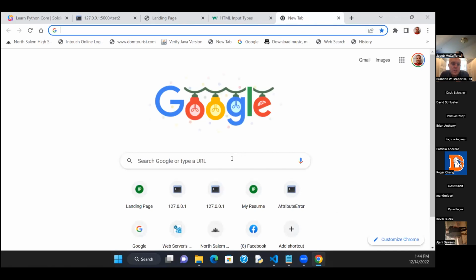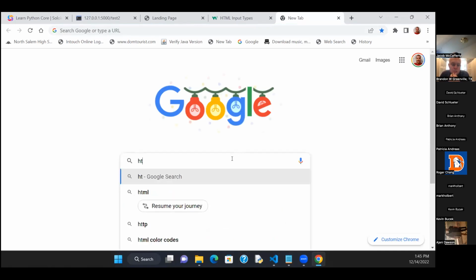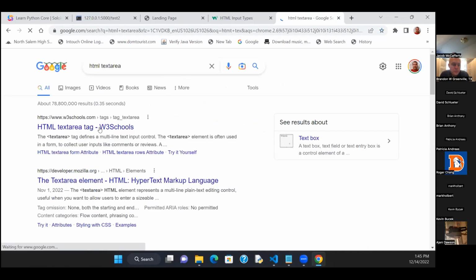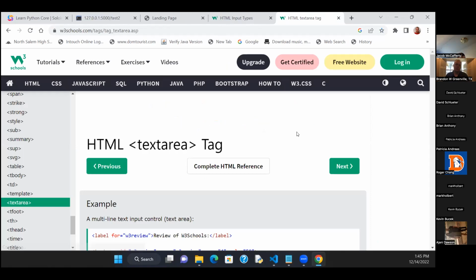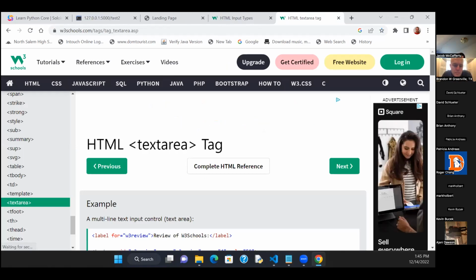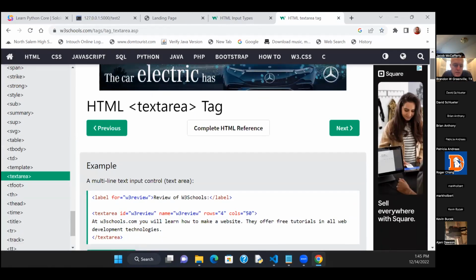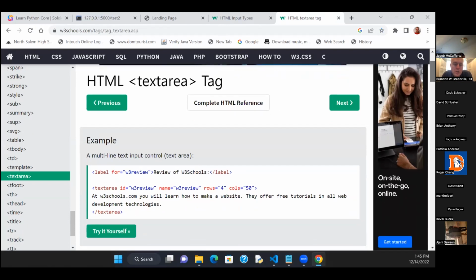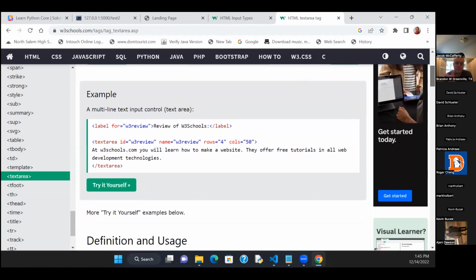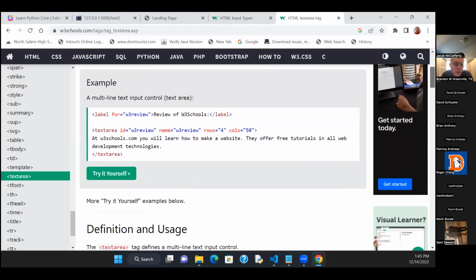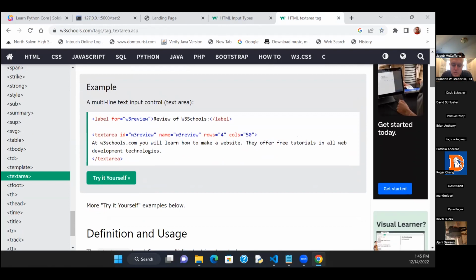and type HTML text area. I think we covered this when we did HTML, but that was a while ago. Text area, yeah. So click that. So this is a text area tag. It's similar to the input tag, except it allows for a bigger draggable space, right? In fact, I'll just show you. Click in your Visual Studio